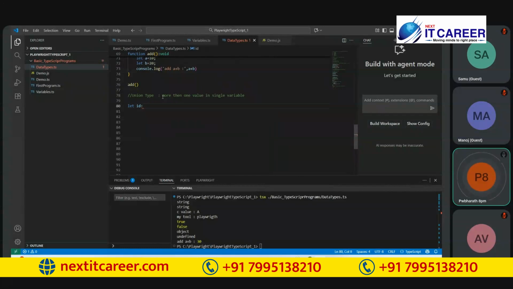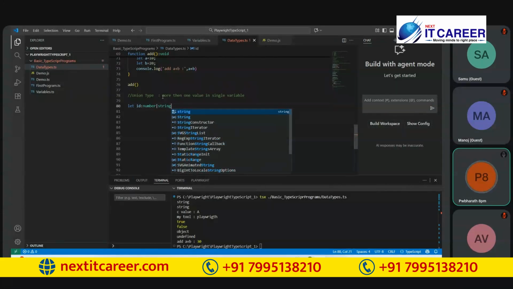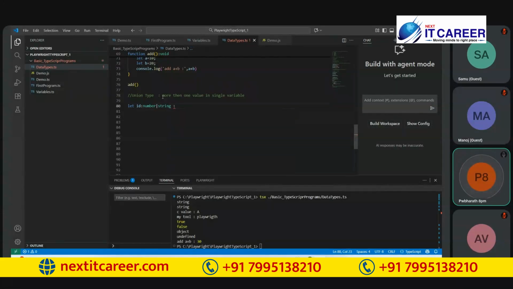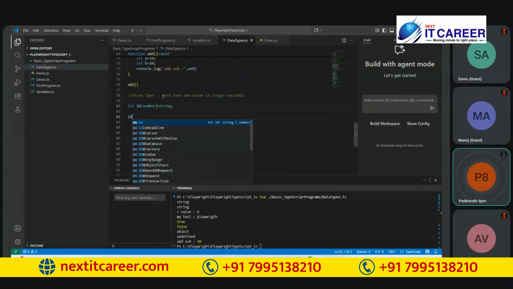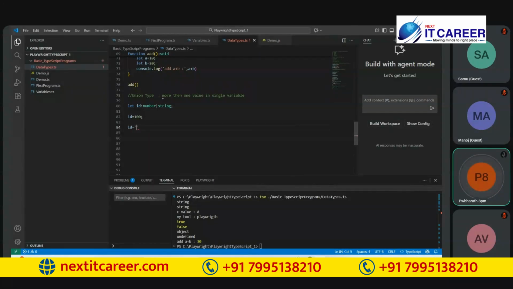Union means I can assign the number and I can assign the string. So if you declare it like this, what value can we store in id? id can accept the number, right? And id can accept the string, right? Yes. So like this, when you are supposed to define more than one type for a single variable, by using a union type we can.